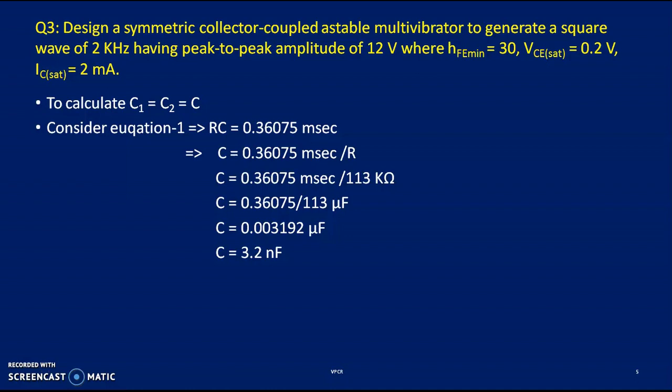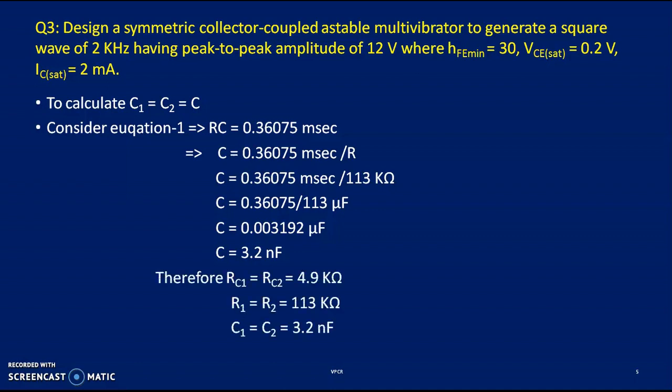I think you know how we got these two steps. When you have 0.003192, when you shift this decimal point towards the right side 3 times, that means you are multiplying that value with 10 to the power of minus 3. Already 10 to the power of minus 6 is there. When you multiply it with 10 to the power of minus 3, 10 to the power of minus 6 into 10 to the power of minus 3 will give 10 to the power of minus 9. That is what? Nanofarad.